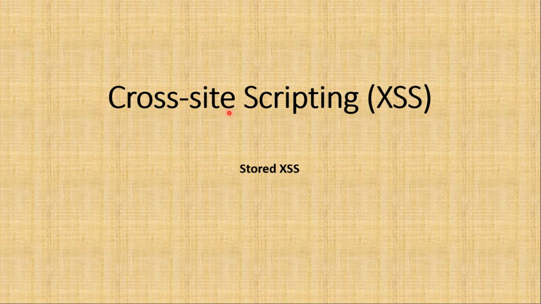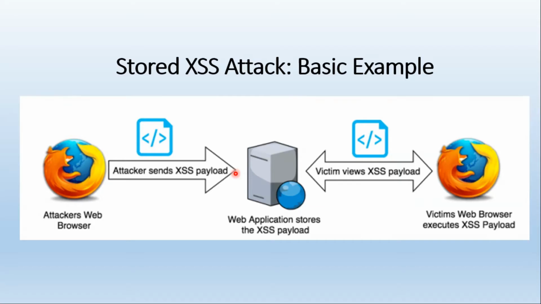In this channel, we see about live accesses finding using Bugshoot. In the previous video, I talked about three types of accesses. From the three types, stored accesses is one of the types. So in this video, we are going to see about stored accesses. First, we are going to see some theory, and next we will see it in practical.